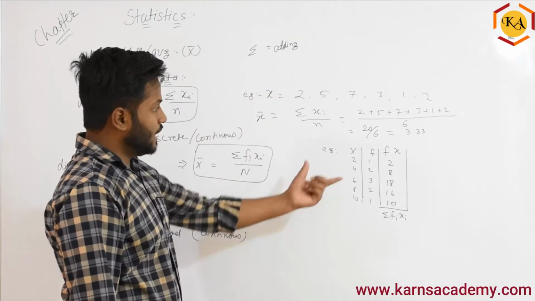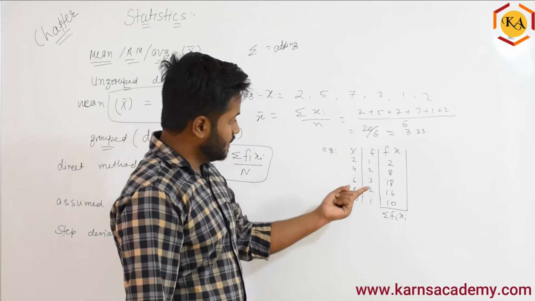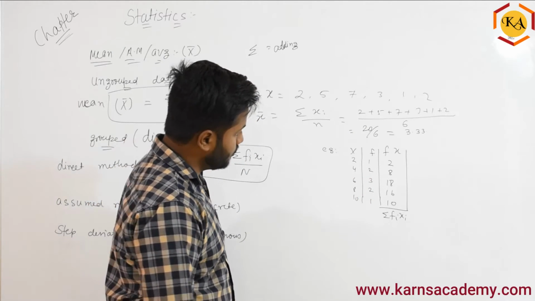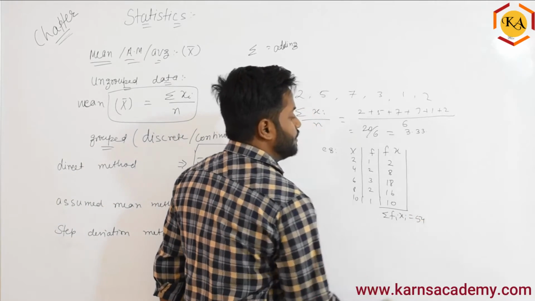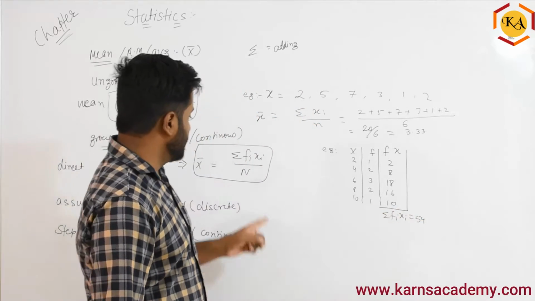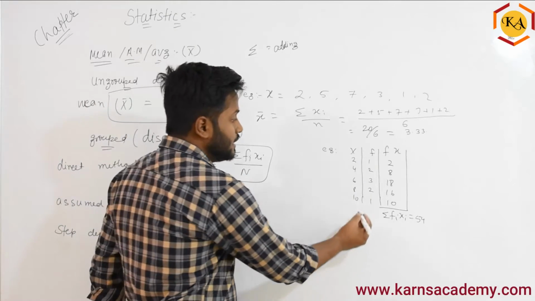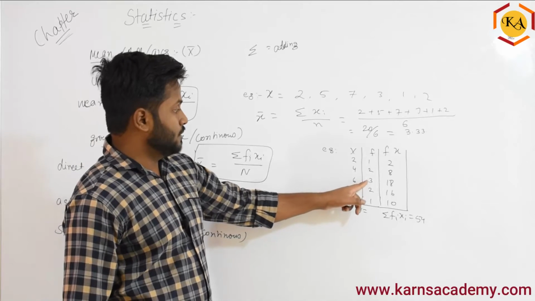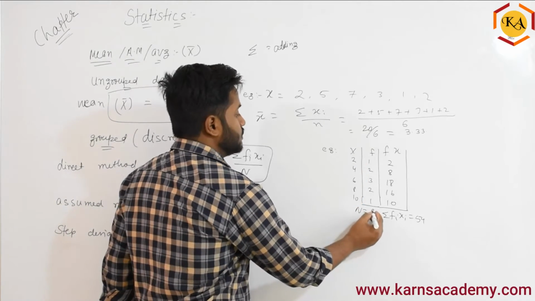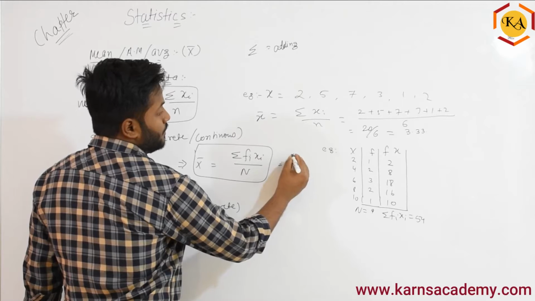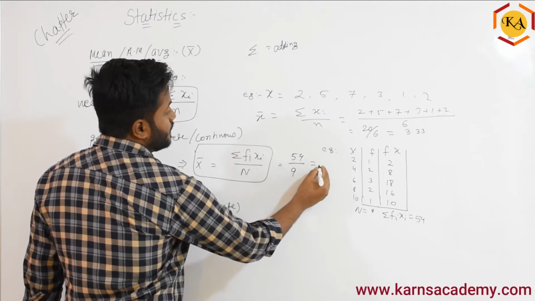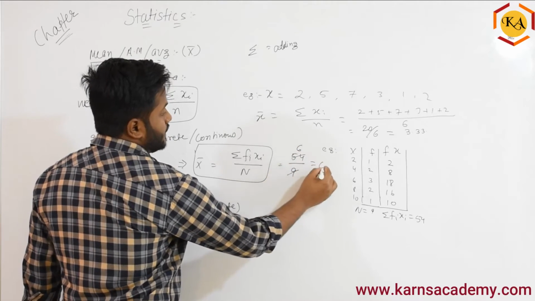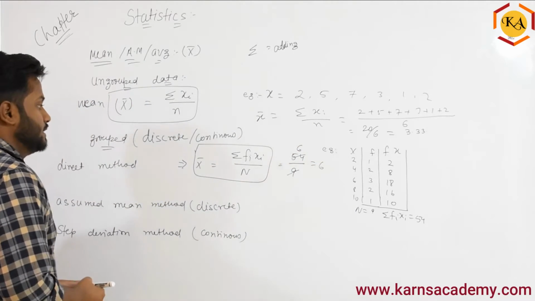Okay. So what will happen if you add 10 plus 18 is 28, 28 plus 34, 44 and 54. So finally you are getting 54. Divided by capital N. What is the capital N? Capital N is nothing but the summation of frequency. So 1 plus 2, 3, 3 plus 3, 6, 6 plus 3, 9. So finally you can write that 54 by 9, and then can we cancel this? 6. So your average value you are getting as a 6.